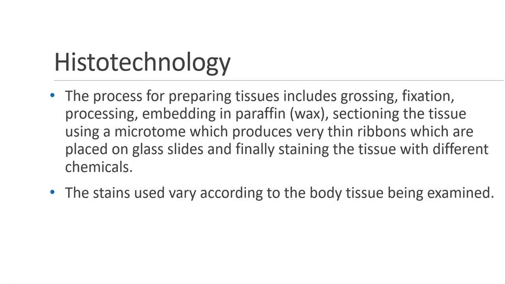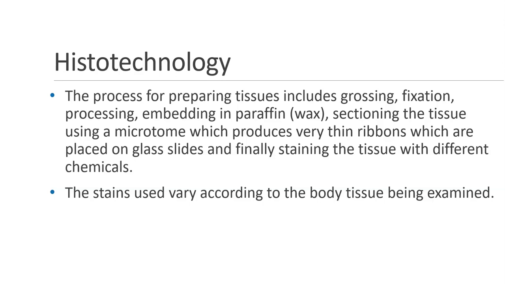Histotechnology is the process for preparing tissues, including grossing, where they'll take a piece of tissue and slice it up, fixation, to permanently fix or preserve a sample, processing, which usually includes embedding in paraffin, which is a wax. Once it's in this wax, it has a solidity to it, and then sectioning of the tissue can be done using a microtome, which produces very thin ribbons of tissue which are placed on glass slides,